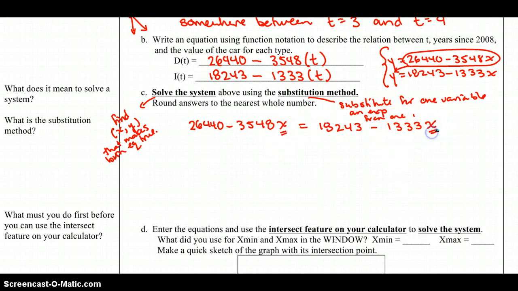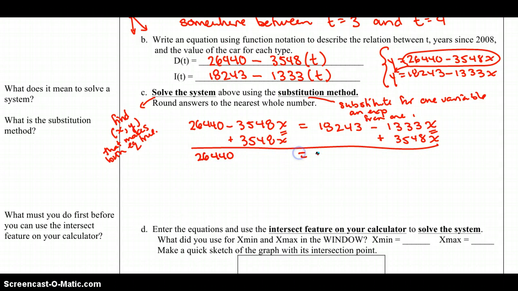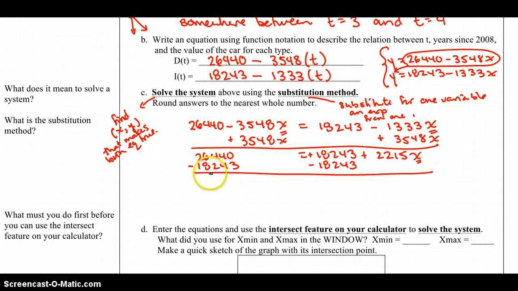We have an x on both sides. We want to bring those together to one side of the equation. So we're going to add 3,548x to both sides. That gives us 26,440 equals 18,243 plus 2,215x. Okay, so now we have just one x term, but again, right now we're adding this 18,243, so we're going to subtract that from both sides. And so that gives us